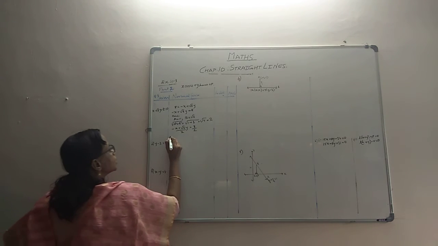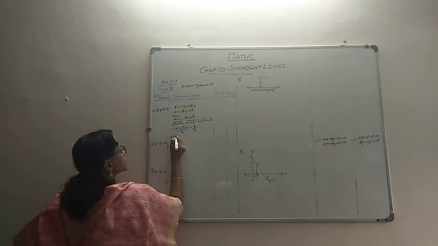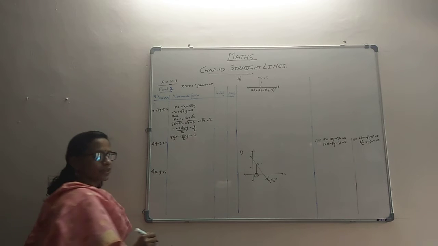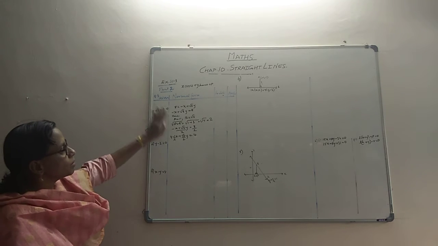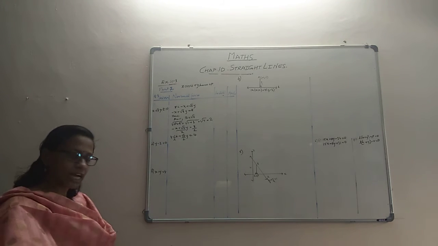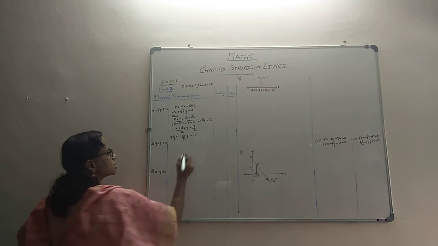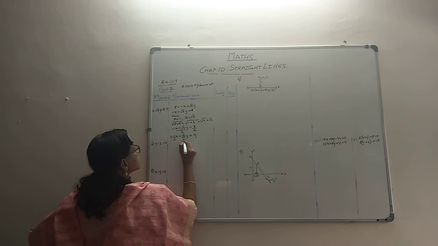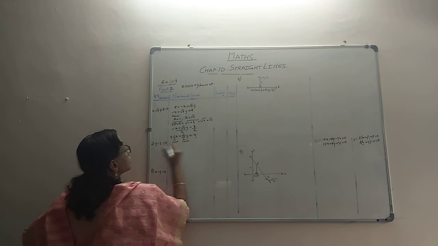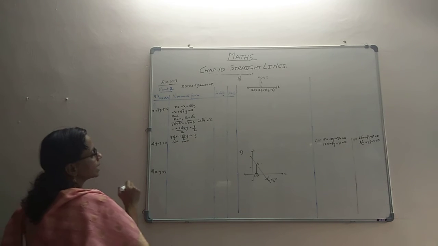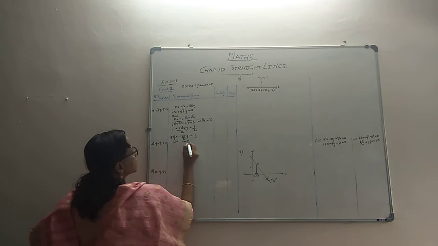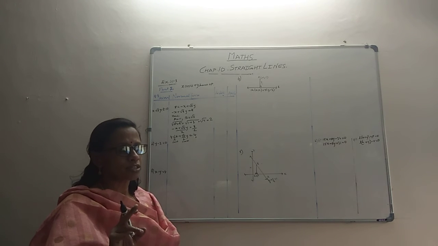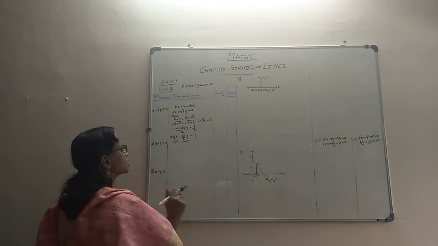So what are we getting? We are getting minus half x plus root 3 by 2 y equal to 4. Right. So we are now almost in the form x cos omega plus y sin omega equal to p. In this form, this is p, this is sin omega, and this is cos omega. So you can just check, where can cos omega be minus half and sin omega be plus root 3 by 2? First of all, if sin has to be positive and cos has to be negative, it has to be in the second quadrant. So let's do all that.